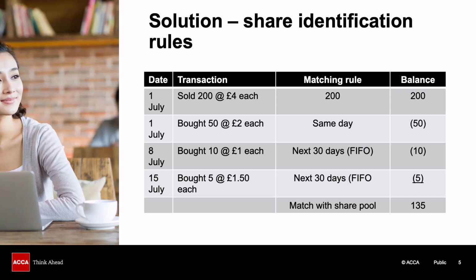Finally, we look at the 5 that we bought on the 15th of July and match those with 5 of the 200 that we sold on the 1st of July. So for those 5 shares, we'll use £1.50 as the cost against the £4 proceeds figure. That then leaves us with 135 shares left that we haven't matched up yet, and we would move on to